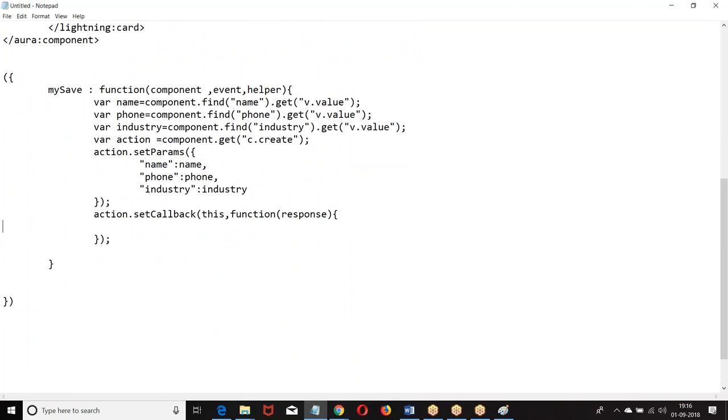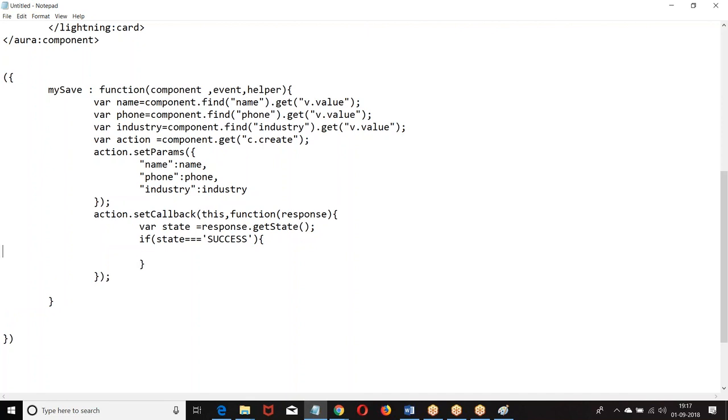In the function response, we need to check the state. If state equal to success, with the state equal to success, what are we supposed to do? Get the return value. State is success, get the value from the method.